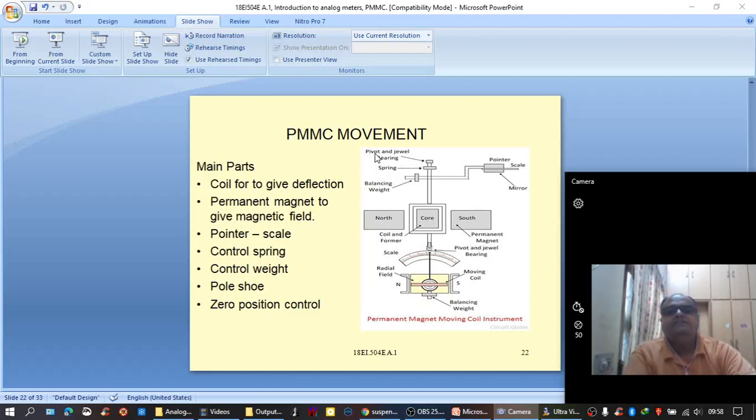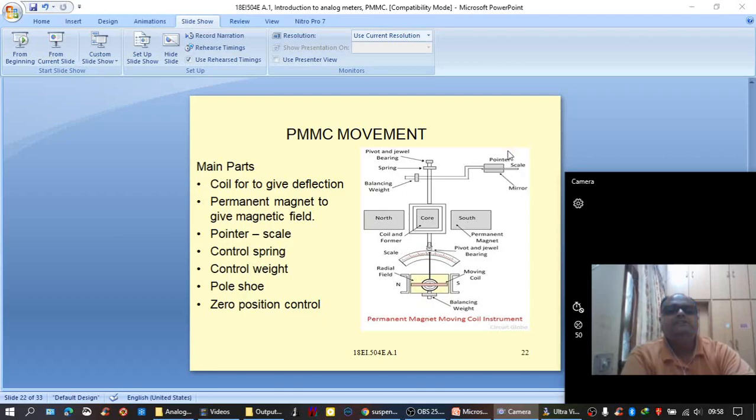So here is basically the core, soft iron cylinder used as core. Then next, coil former on which the coil is wound. Finally the movable coil, the upper end, and the magnet, permanent magnet, North Pole and South Pole, pointer, and a mirror and